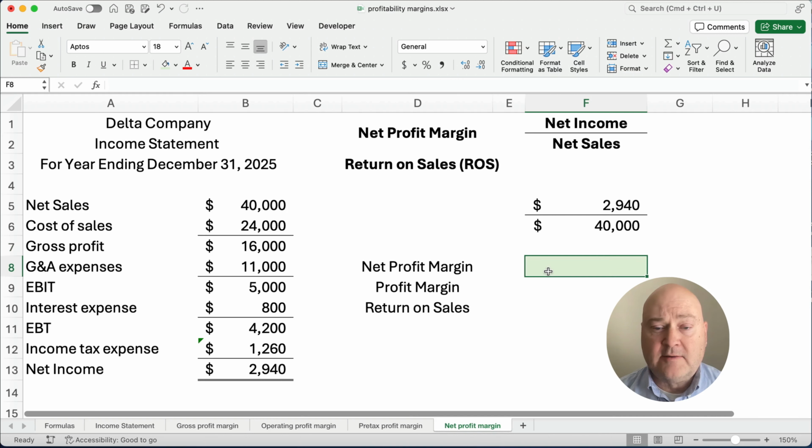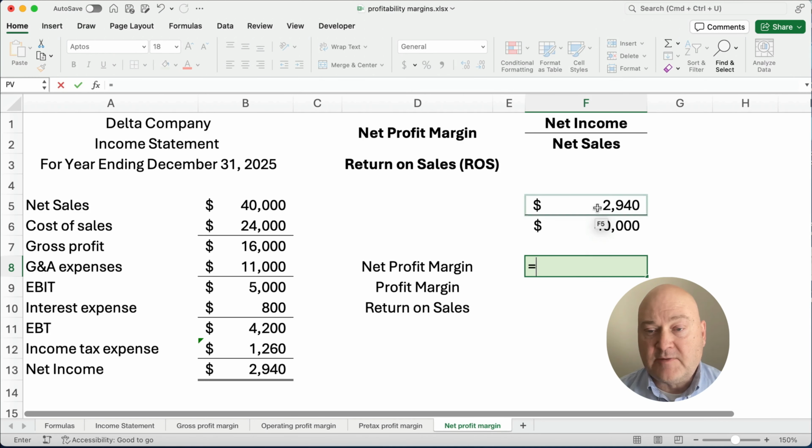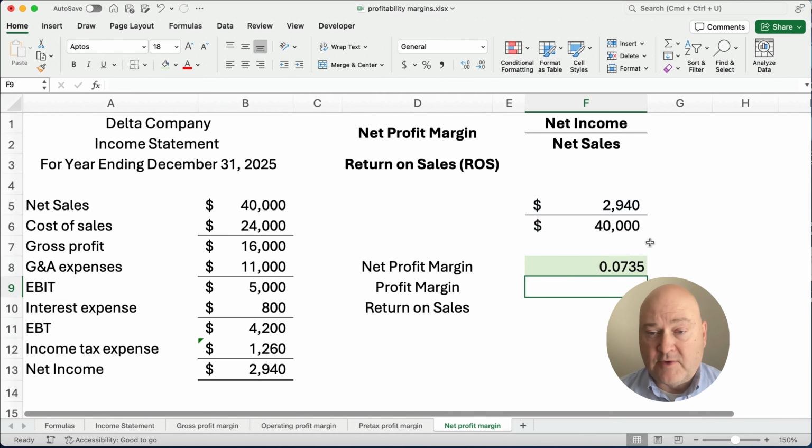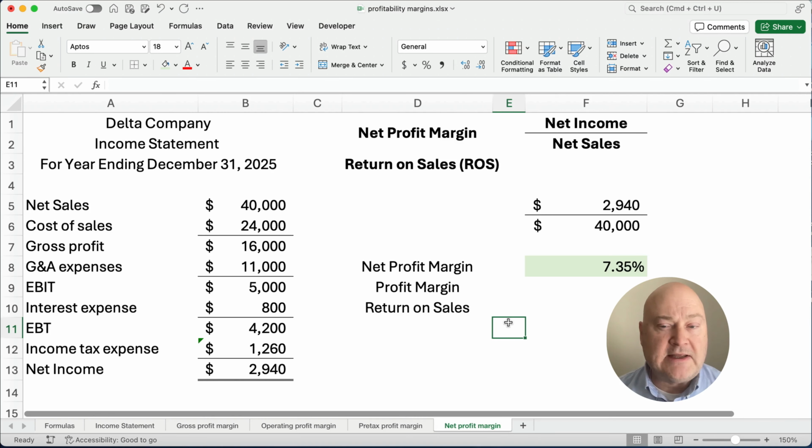So what is our profit margin, our net profit margin or return on sales? It's going to be $29.40 divided by the $40,000. And we need to put that in a percentage and give us a couple of decimal places. So the net profit margin in this example is